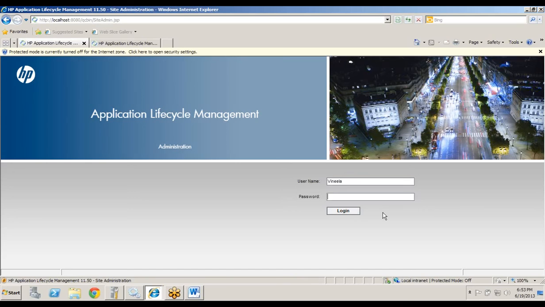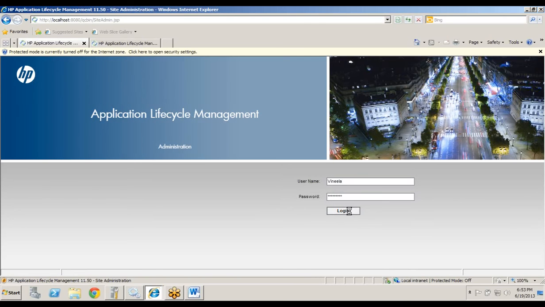And one more thing you need to remember here is that you can't install this application lifecycle management on Windows 7, XP, or Vista OS and all. You need a server OS in a system so that you can install it. It will not install on a normal OS.